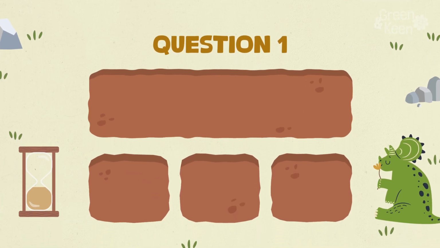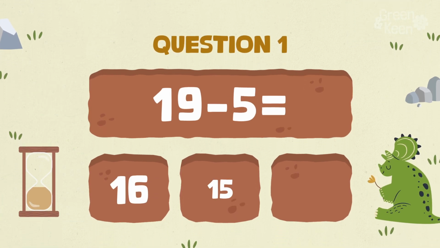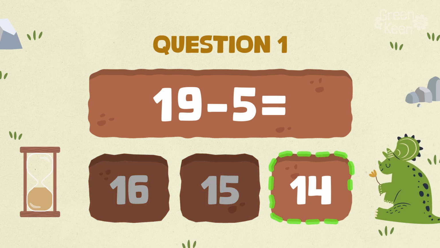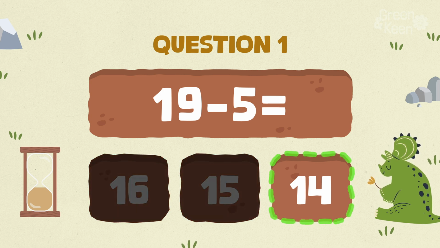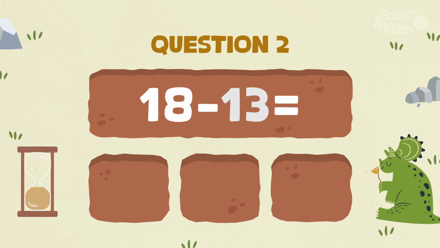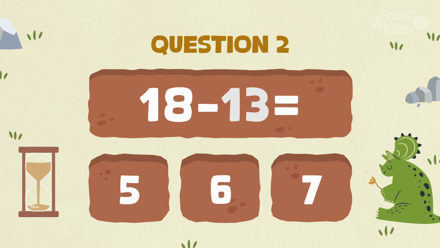Question number 1. 19 minus 5 equals... The answer is 14. Question number 2. 18 minus 13 equals... The answer is